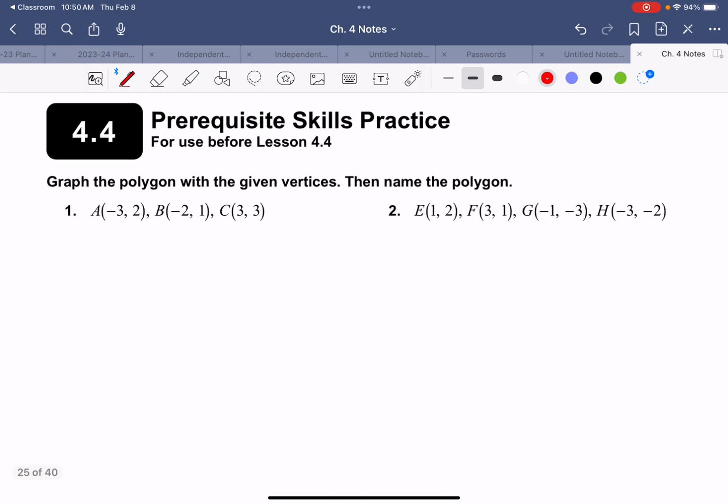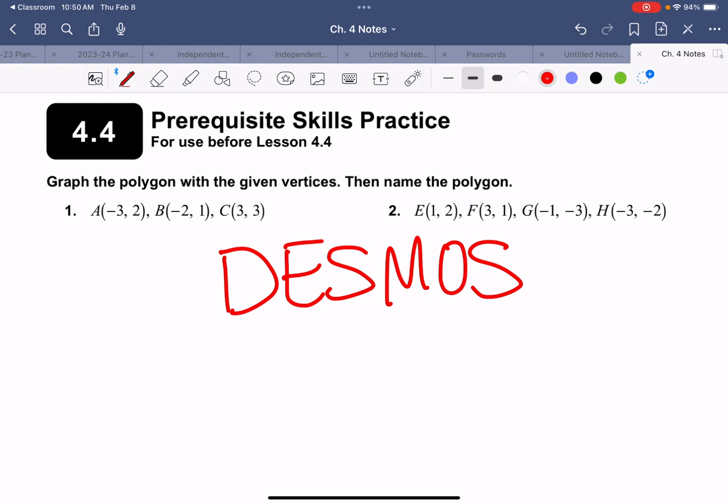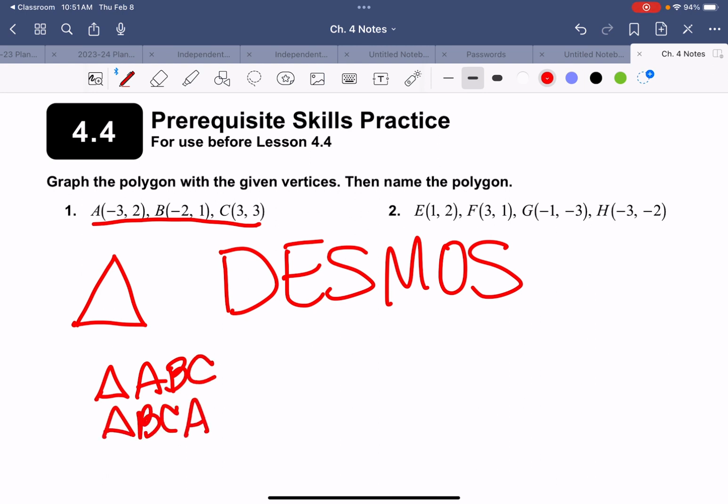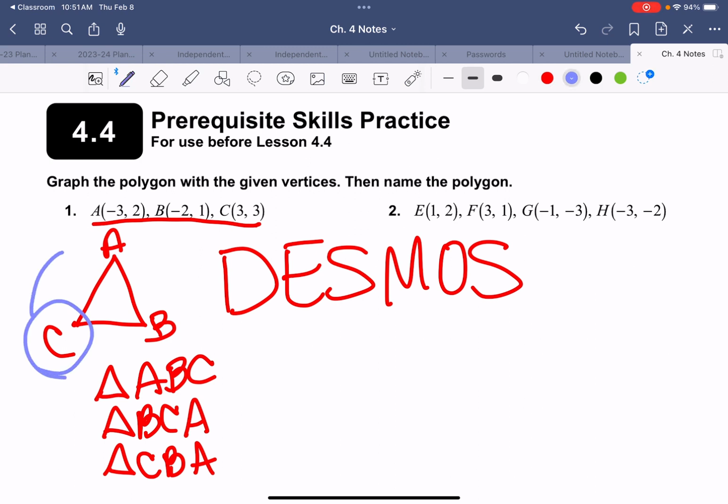Now, here, graph the polygon with the given vertices. Again, what would be the best way to graph this? Desmos. Yes, I'd probably do Desmos, take a screenshot, and upload it right here. But if I look at the first one, we have 3 vertices, and the only thing with 3 vertices is a triangle. So I could name this triangle ABC. I could name it triangle BCA. I can name it triangle CBA. Any combination of the vertices, because you pick a vertex to start with and you either go